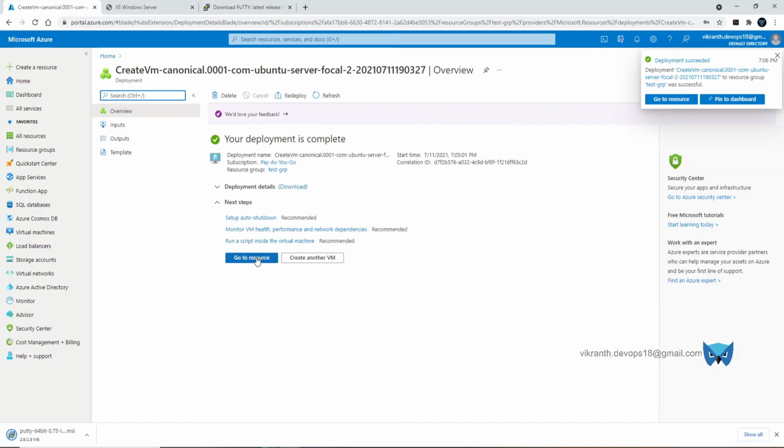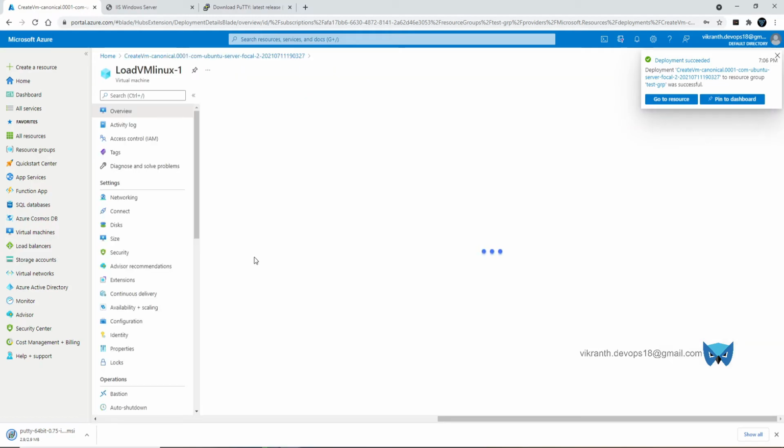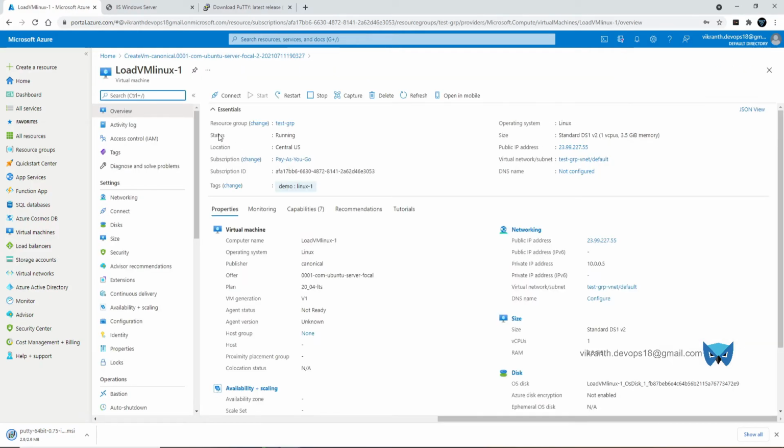Yeah, deployment is successful. Go to resource. See, you can see the status is running. Location is Central US. Subscription ID. Operating system is Linux. Size, IP address. So if I copy this IP and